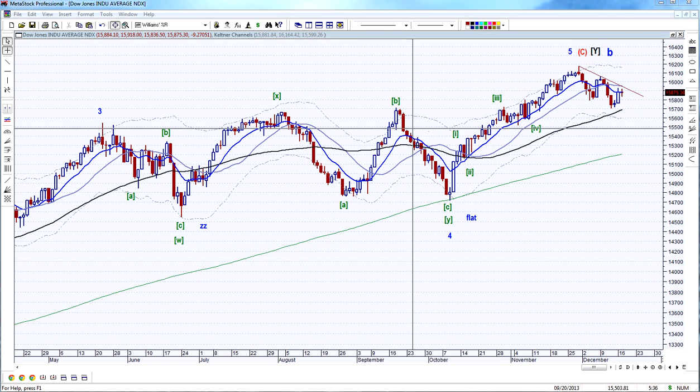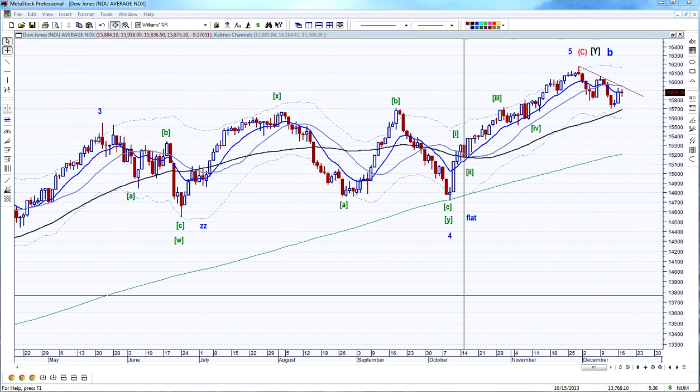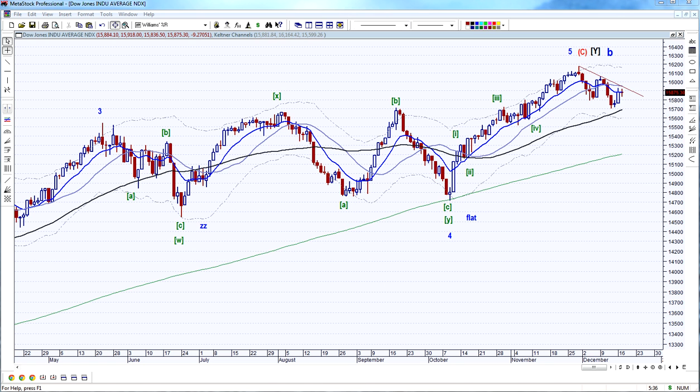But first of all, let's look at the Dow Industrials. We had the big move yesterday, and then basically did not much of anything today. Down 9 today, and it looks like a little doji. Now, let me tell you what I think is happening here. I actually thought this was going to go a little bit lower and then bounce back up like this and then come down. Okay, but now, because in here there were 5 waves, and now we're getting this kind of